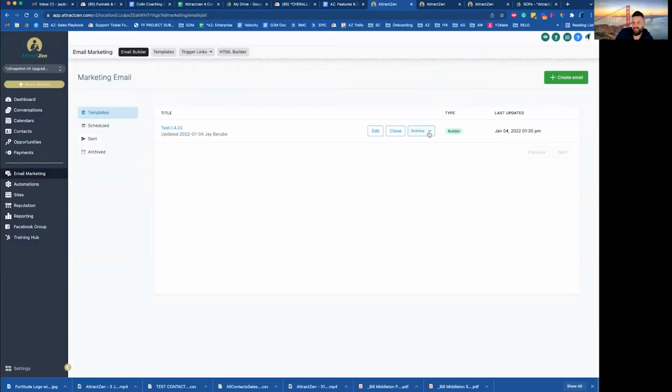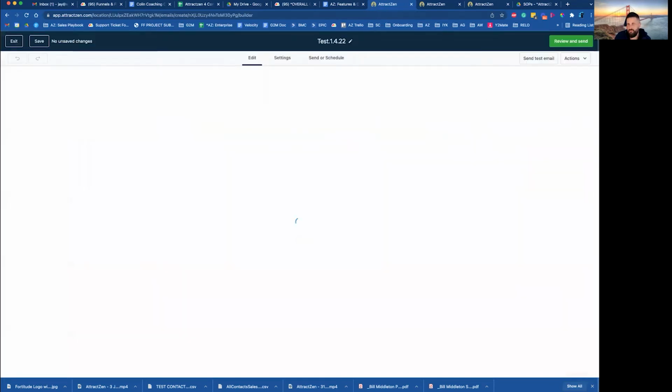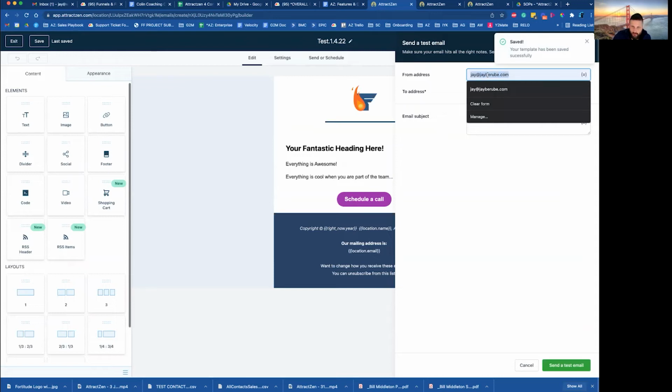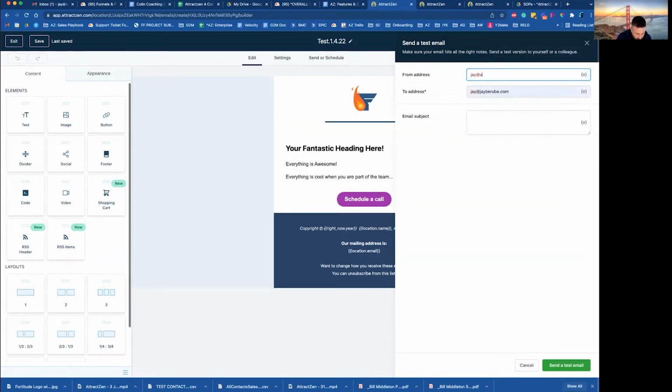Now you could just send it if you like that, and you could test it, but I'm going to show you something to really utilize the software to its highest capacity. A simple way is you can just send it from here if you want to. So here, I'll actually just send it. I'll send a test email from, well, I want to have a different one here. So J at